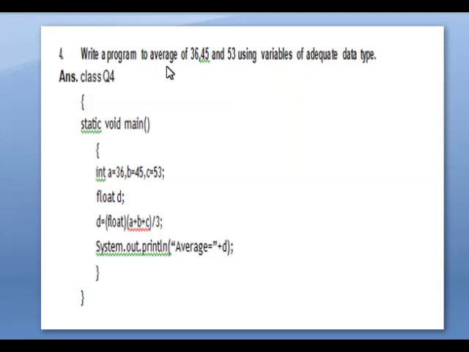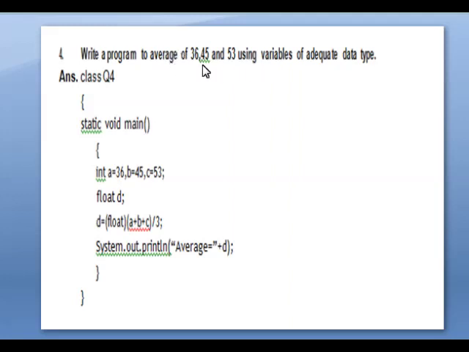Average means if we find the average of any values, it may be an integer number or it may be a float number. Most probably it is a floating value, a number with a decimal value. So the average we can take as a float. Okay, all the other variables as integers.